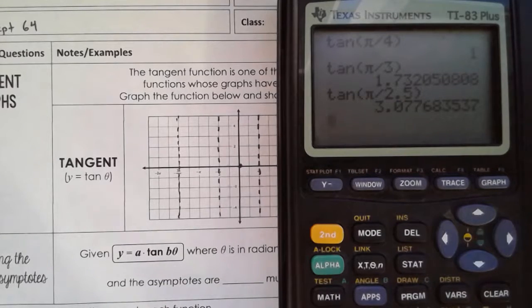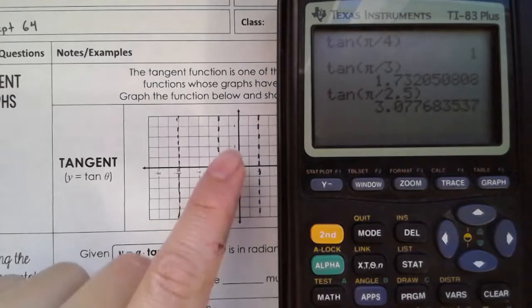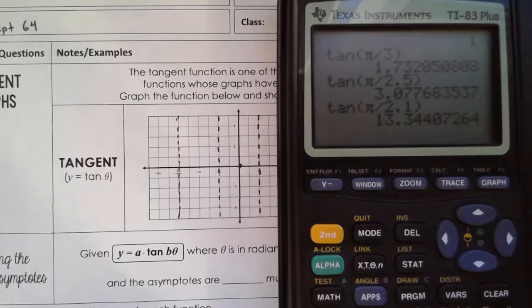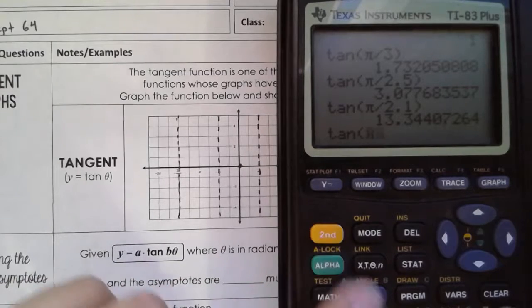I get 3.07. Okay, so it's going up. And then let's take something even closer. Tangent of pi over 2, so I'm getting closer to pi over 2, point, let's say 2.1. Okay, I'm getting 13.34. Let's take one more closer so you can see that it's just going to keep increasing